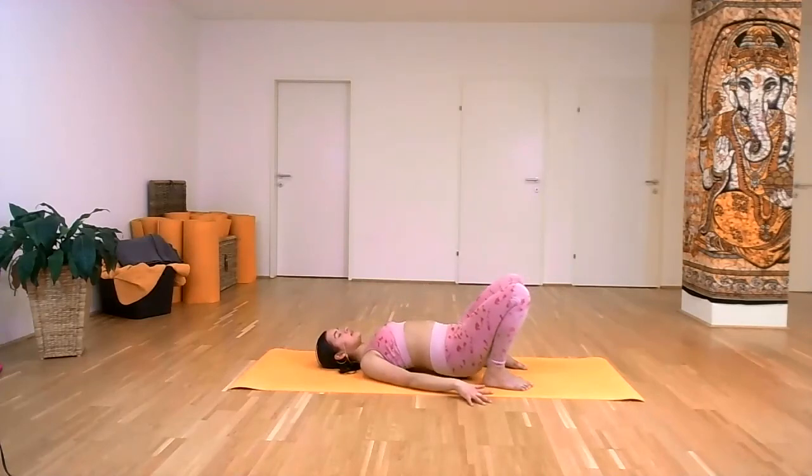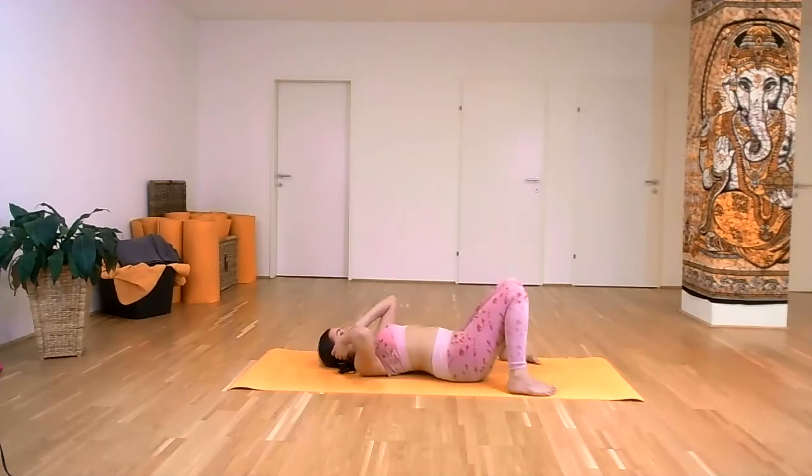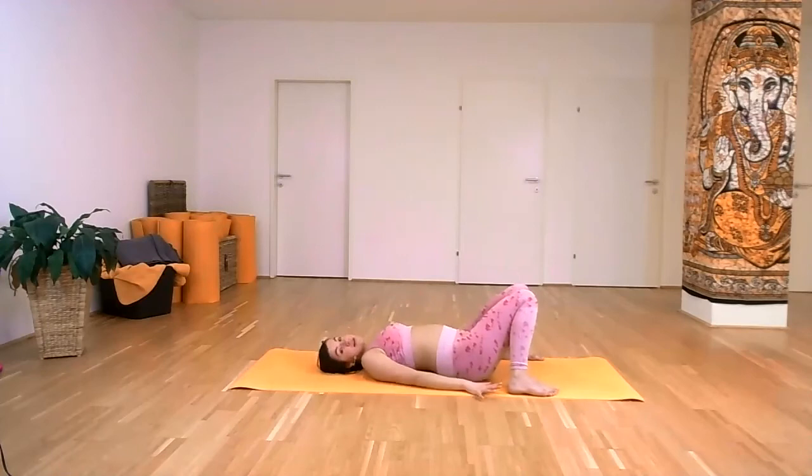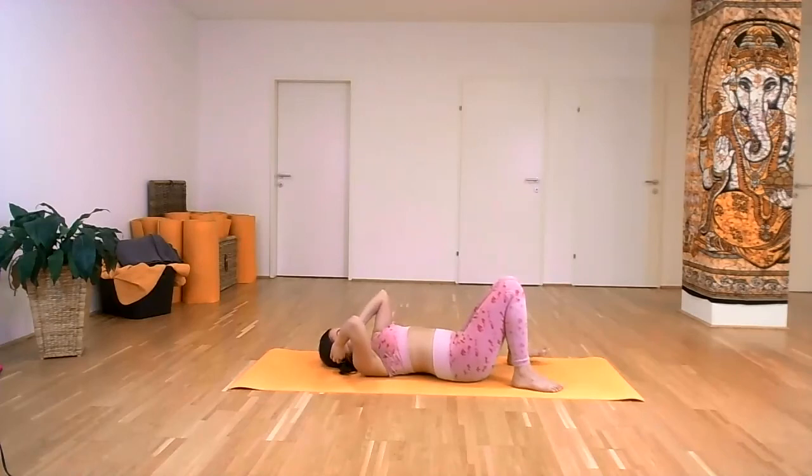Slowly rest your hips on the mat. If it was too much, it was too much. You can rest knees together. Sit on the side. If you want more, maybe not now, but maybe if you do the recording